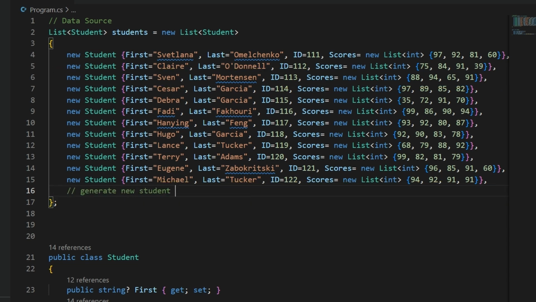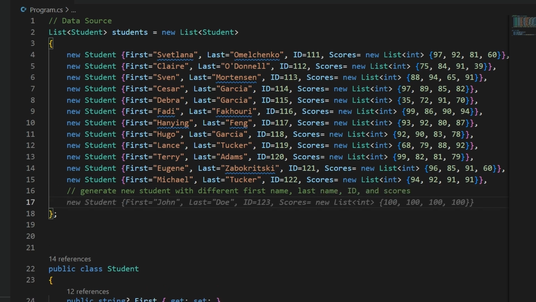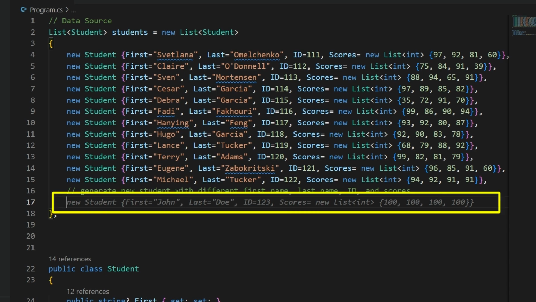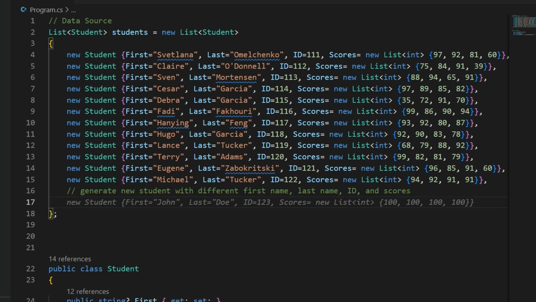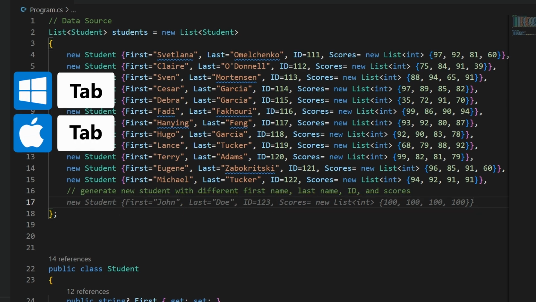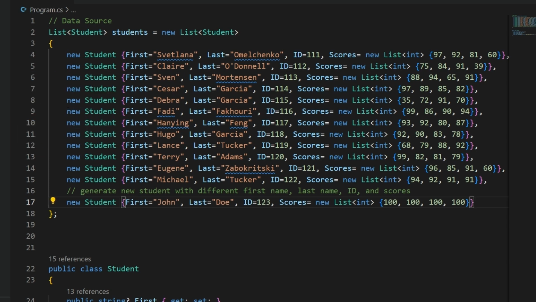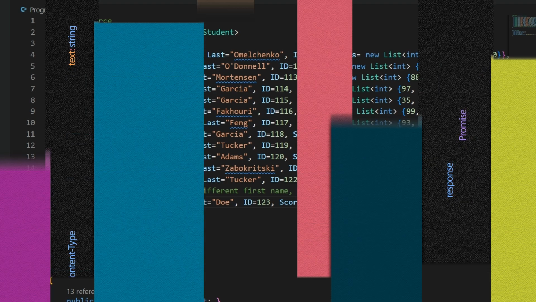So I'm going to create a comment and tell Copilot what I'm looking for. Once I hit enter, Copilot's going to give me a suggestion in this light gray color. As you can see, it's given me the following John Doe suggestion, which does seem to have unique values for its ID, its scores, first name, and last name. I'm going to accept this suggestion by clicking Tab. And the cool thing about this is the format of this actually follows along from all of the other student objects. And the ID is chronologically in order, which is pretty cool.